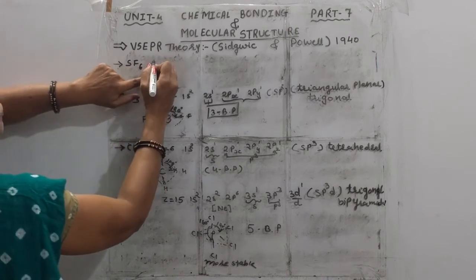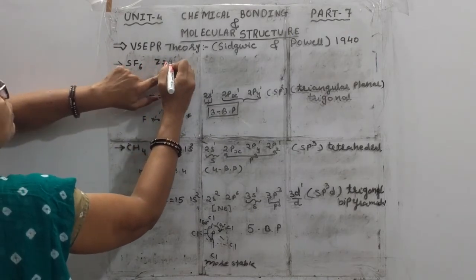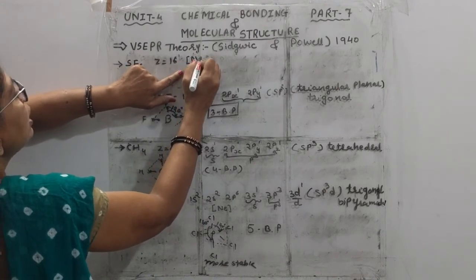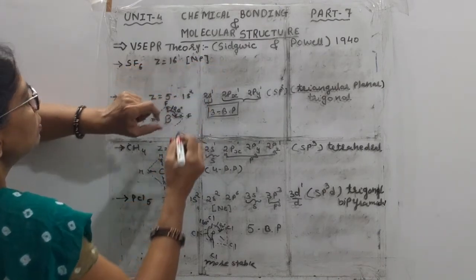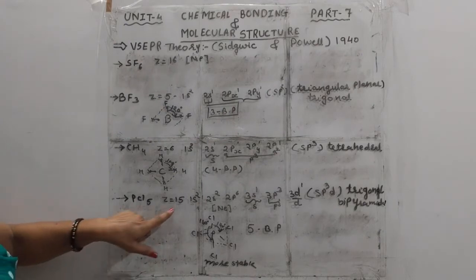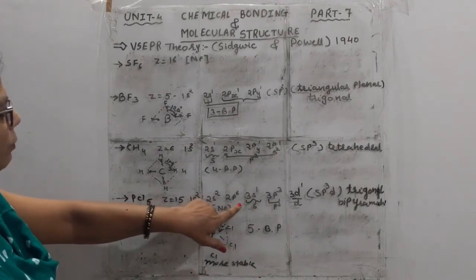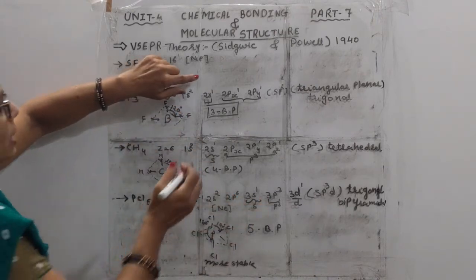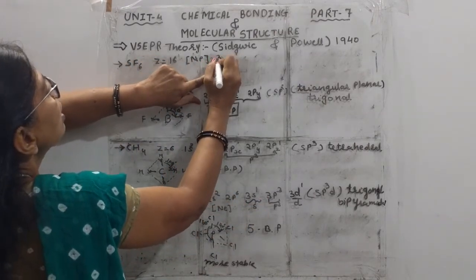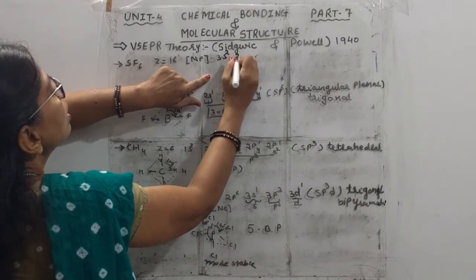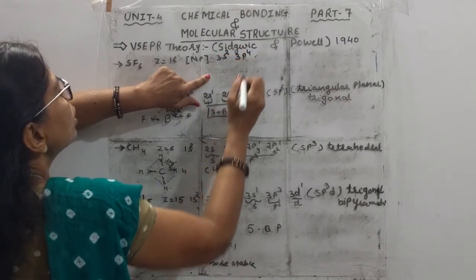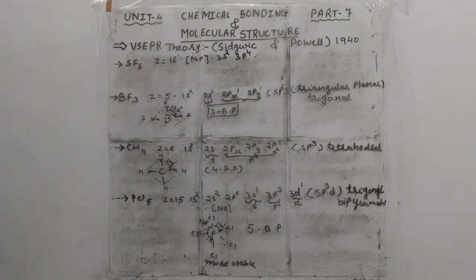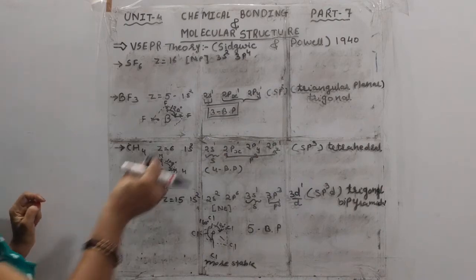SF6. Z for sulfur is equal to 16. So here we'll write directly neon, which means 10, and here we have 15. So here we are with the 3s2 and 3p3 in place of here, 3s2, 3p4. This is the ground state structure, and in the excited state that structure is